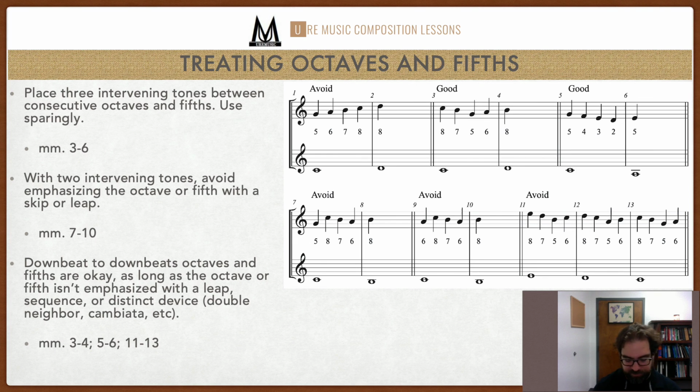So let's look at measure 7. It just really emphasizes that octave. So how about measure 9 and 10? Not as bad because we don't have that leap, but it's still something you should avoid. How about measure 11 to 13? That one should be avoided because it's a sequence. Any type of sequence, you've got to avoid it, especially if it involves 8 to 8 or 5 to 5